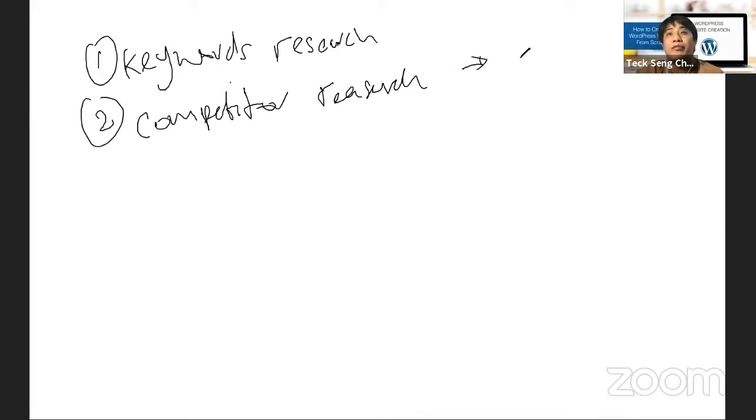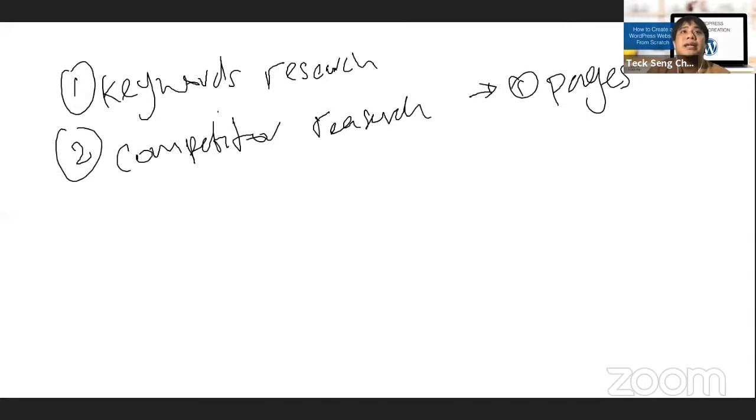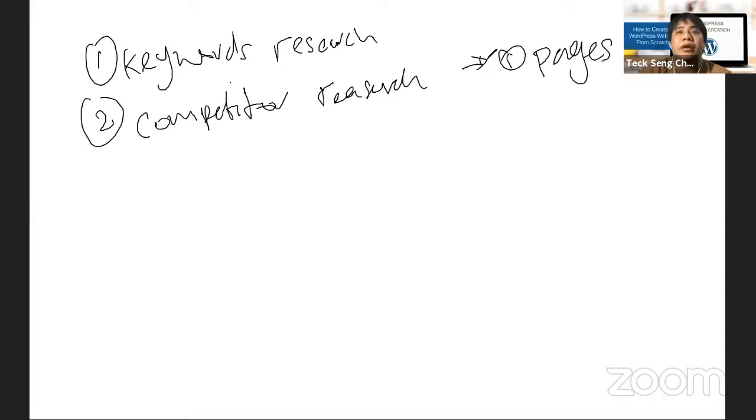So number 1, you want to figure out is at least what kind of pages they have on their website itself. Usually, for example, Training Room SG, they have different seminar pages, classroom pages, rental rate, and things like that. So you want to take down what kind of pages you have on the competitor websites. Then subsequently, you also want to see what kind of features you can implement on your website. The feature that is already on their website, or you think should be on their website. These are the features you want to take note of. So these are a few things.